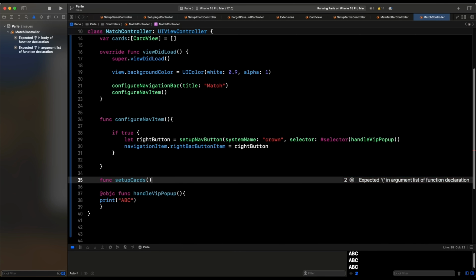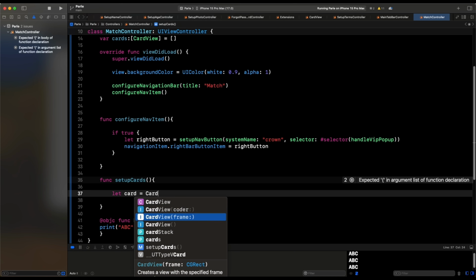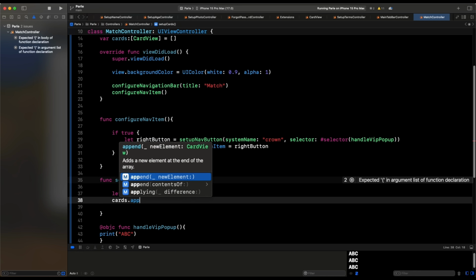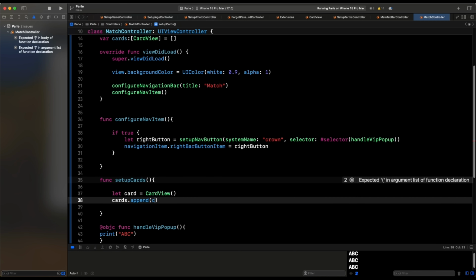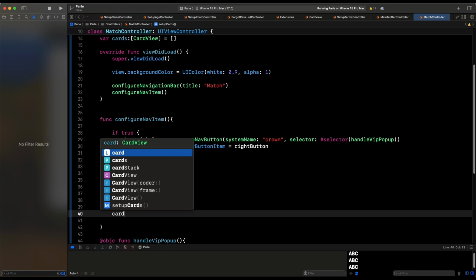Exactly what you think it's going to do, right? We're going to come here and we say let card is going to be a type of CardView like so, and then we're going to say cards plural dot append, and we're going to have a card, and what we're going to do is we're going to say add it to the card stack. So we say cardStack